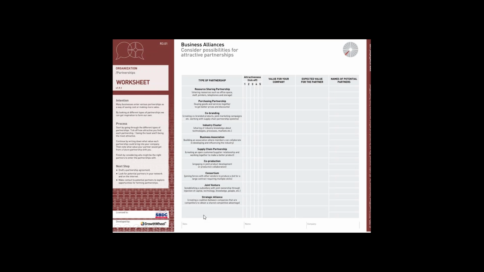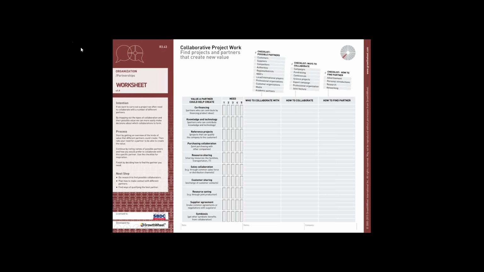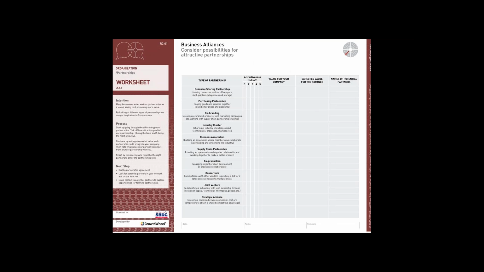And also, let me back up a second. You want to look at then thinking through specifically, rather than just a knee-jerk reaction, that you're really thinking through what is the value to you and your company for having this kind of alliance, and what would be in it for the others, and then start thinking about, well, who are some of those others I would like to engage in this process.